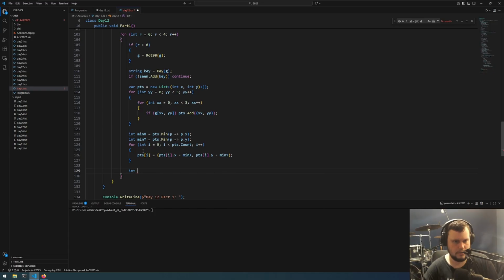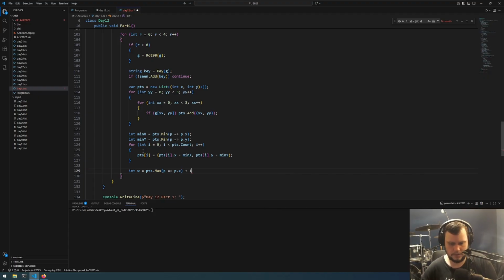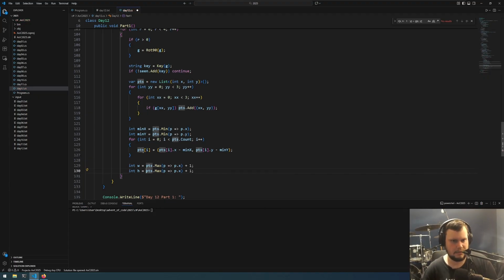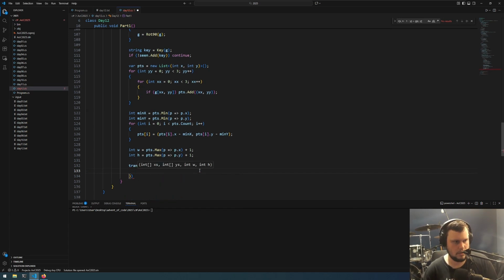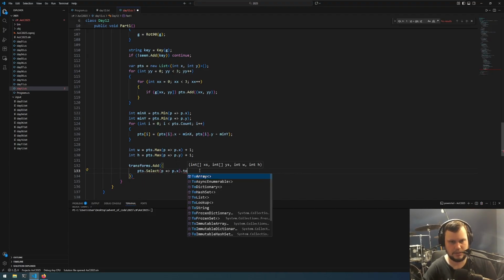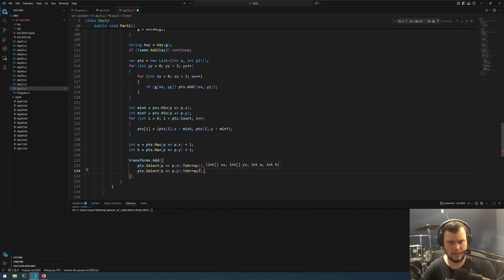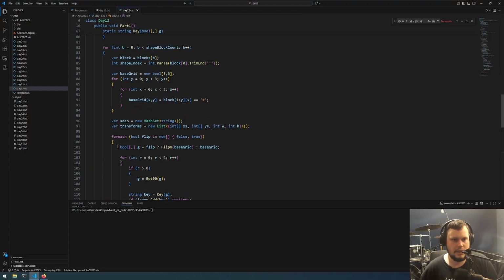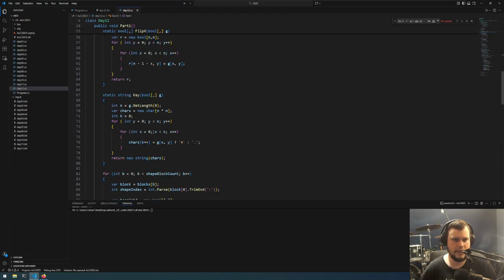Next we're going to produce the width, which is points dot max p dot x, and we're going to add 1 to this as the sizes are inclusive. And now we're doing the same thing for height with y. And now that we've retrieved all these values, we're adding it to the transforms. So add that in. So we have points dot select p dot x, and turning that to an array. Now we're doing the same thing for y. Now width, i. Okay, so we've created all the transforms for the shape,